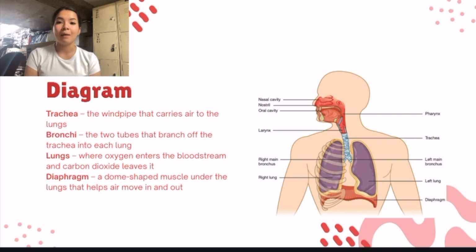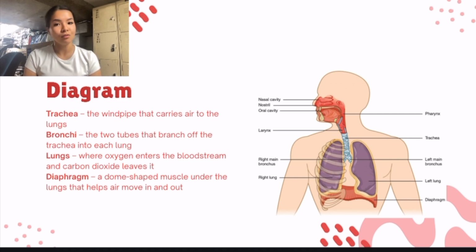Of my model and one of the three body systems we explore in Stage 3 Science and Technology. The respiratory system is responsible for taking in oxygen from the air that we breathe and removing carbon dioxide from the body. The main organs involved in the respiratory system are our nose and our mouth, which air enters from